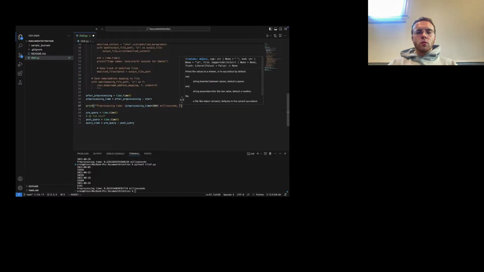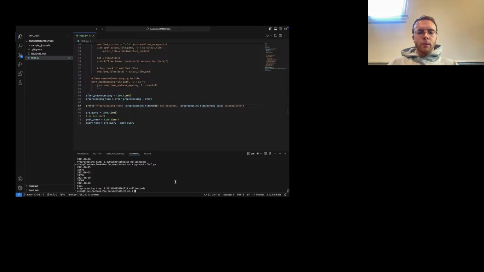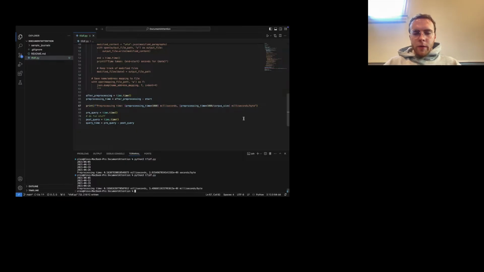Milliseconds, how do we do this? Pre-processing time divided by corpus size, it's going to be seconds per byte. Something like that, right? Let's see what happens. Okay, that's very unscalable, very hard to reason with, so we'll divide times 1000. Okay, still very tough to reason about, so let's do